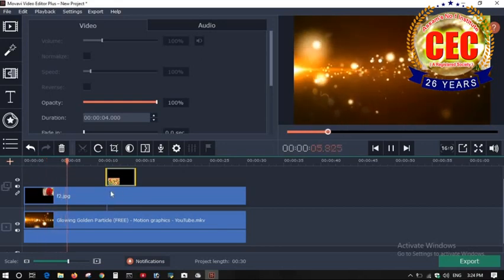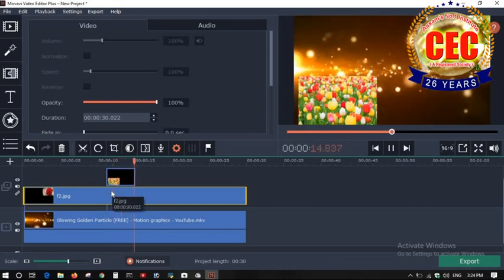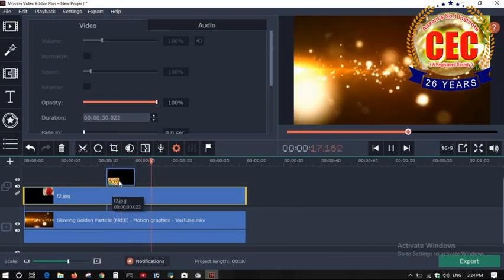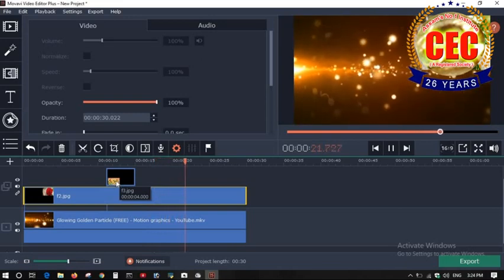When you reach here, this picture appears automatically. In that particular region only, the second picture will be available for 4 seconds.